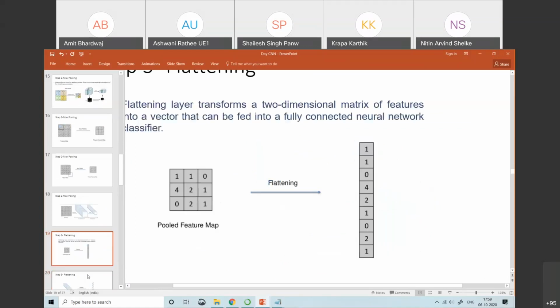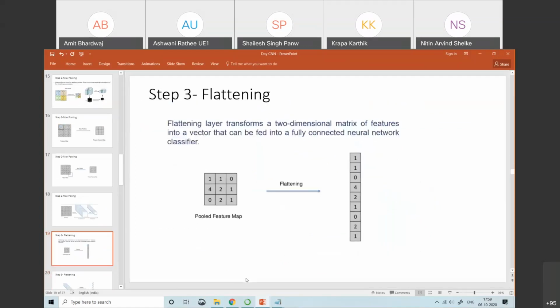Now the next layer is the flattening layer. The flattening layer basically transforms a two-dimensional matrix of features into a vector. Whatever values we have in the matrix get flattened. The name itself indicates it; it is a very simple concept.